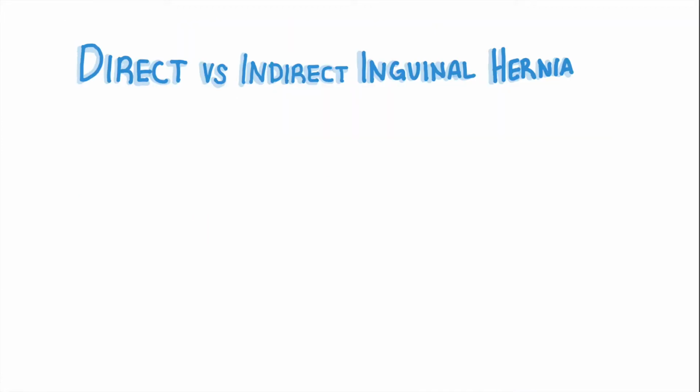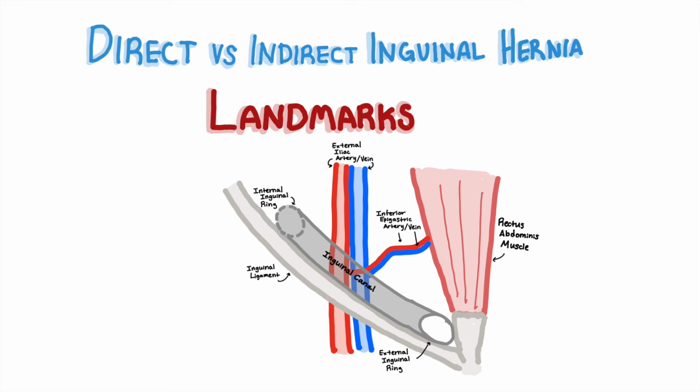Now let's talk about inguinal hernias and their classification as either direct or indirect. First, let's get situated with some landmarks of the inguinal hernia. In our diagram here, we can see the rectus abdominis muscle midline and the inguinal ligament connecting the anterior superior iliac spine of the ilium to the pubic tubercle. We also see some vasculature, the external iliac artery and vein, as well as the inferior epigastric artery and vein